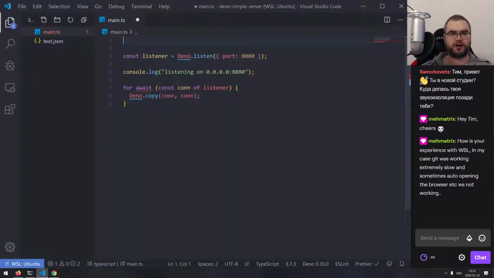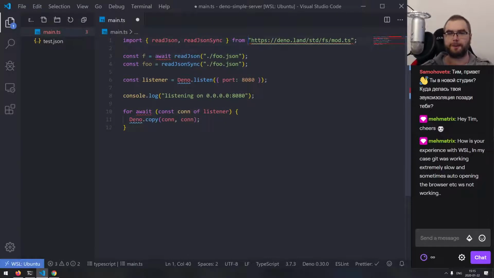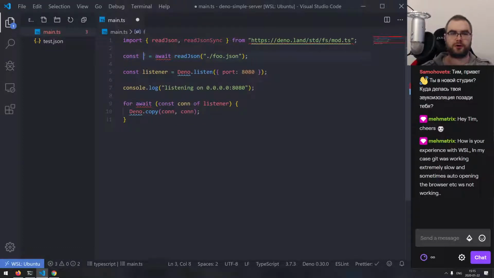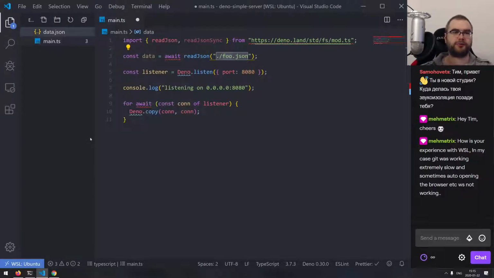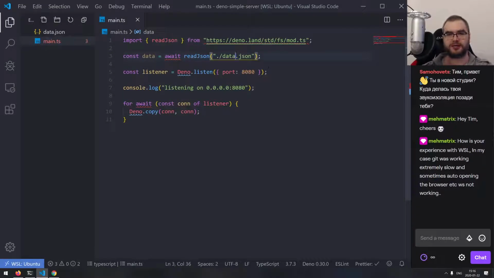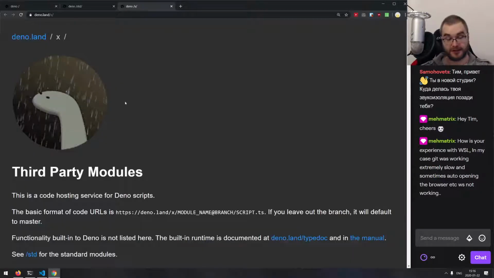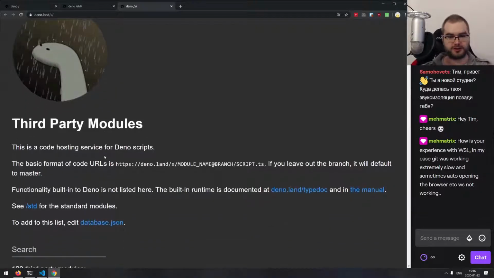So let's say we are going to read our JSON file, and we're going to read our data file. Let's rename that to data.json. We're going to reply with a data.json to whoever basically asks us, right? Which means that we need some sort of a server. This is where the third-party modules come in. So this is essentially